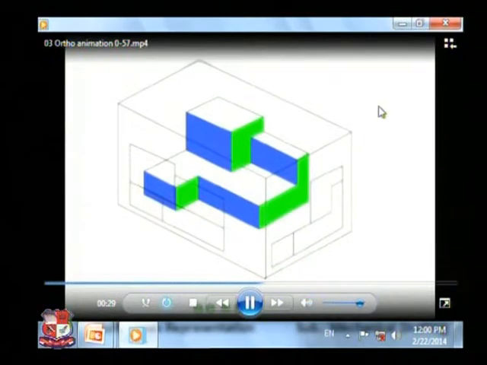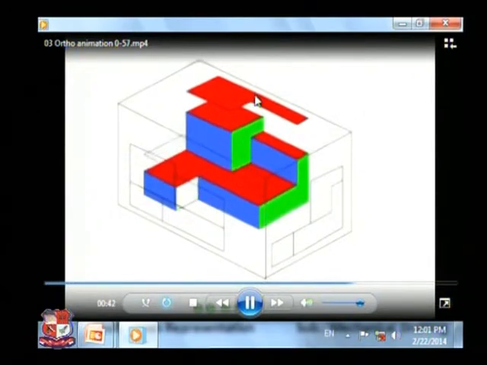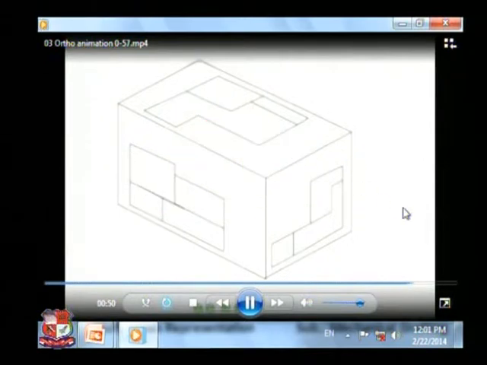If you look from the top side, this red colored rectangle would appear, so this would be the top view. This rectangle would appear as shown over here, and this shape would appear to us in top view, which is represented by the red colored portion. So this is called the projections of solids.